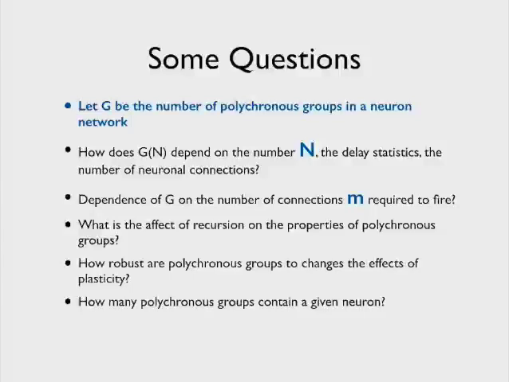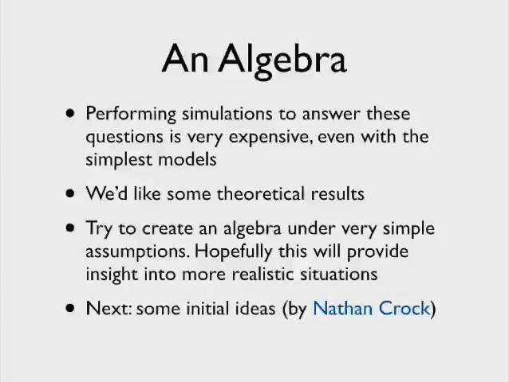Okay, so Nathan, of course, being idealistic, said, would it be cool if we had some kind of algebra? He basically took somebody's paper, this guy Miller. He wrote this paper in a very idealized sense, and Nathan basically modeled numerically a much simpler equation than what we have now, but modeled numerically polychronous groups. It was fast, and he got results, duplicated the results of the paper pretty much, and then said, wouldn't it be cool if we had some kind of algebra? An algebra would mean